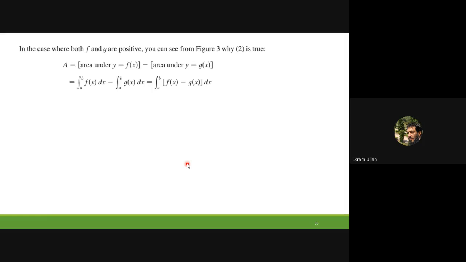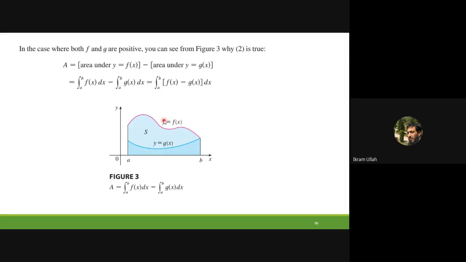In the case where f and g both are positive, you can see from figure 3, if both functions are positive, because this f of x and g of x lie in the first quadrant, and this shows that this f of x and g of x both are positive. So you can see from figure 3, and we can write this area A